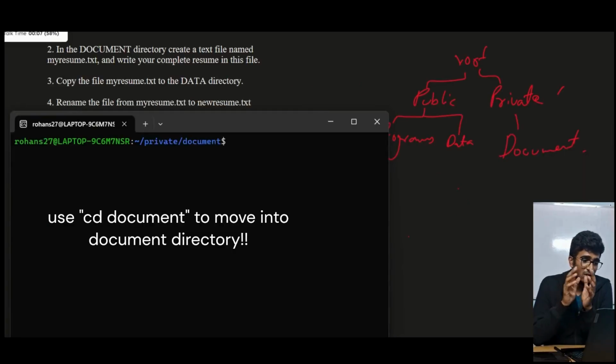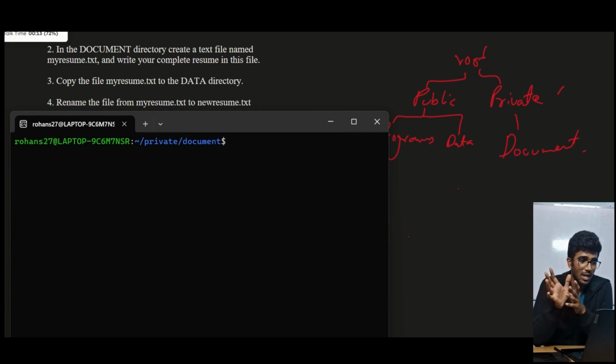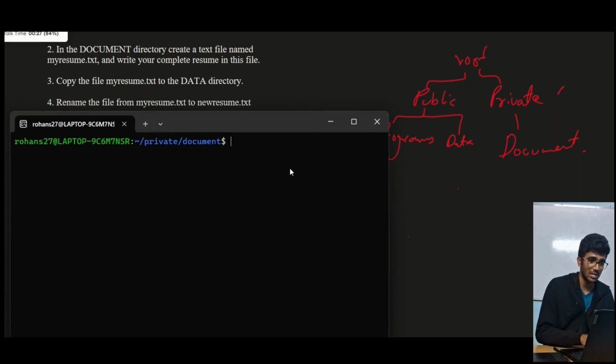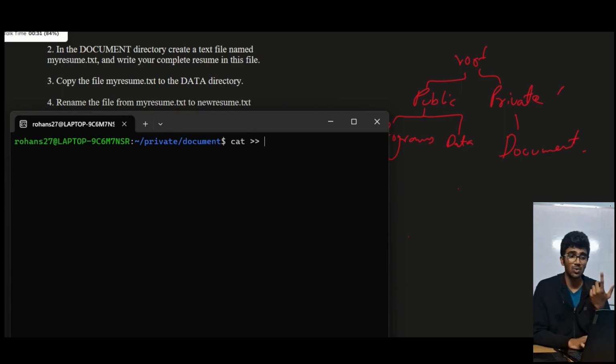In the second question, in the document directory, create a text file named myresume.txt and write your details in the file. We are present in the document directory. To create a file and write data in it, you have to use the cat command: cat space double greater than, followed by the file name. You type myresume.txt